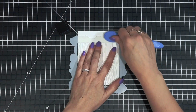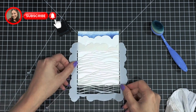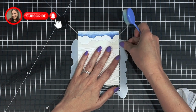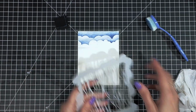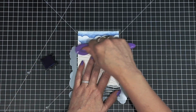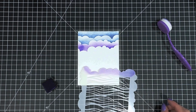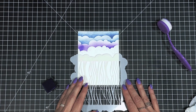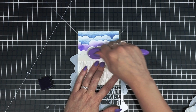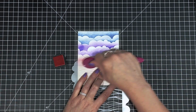Next, let's work on our ink blended background. I decided to do almost like a rainbow of clouds. I grabbed the Cloud and Wave stencil from Unity and then 3 colors of Distress inks. The top one is Stormy Sky, and now I'm working on Wilted Violet, and then at the bottom I'll use Worn Lipstick. What's fun about this four-sided stencil is that you can flip it over and get different shapes of